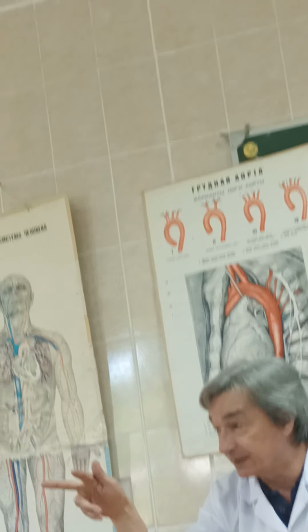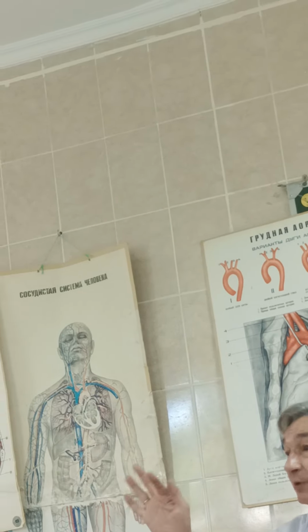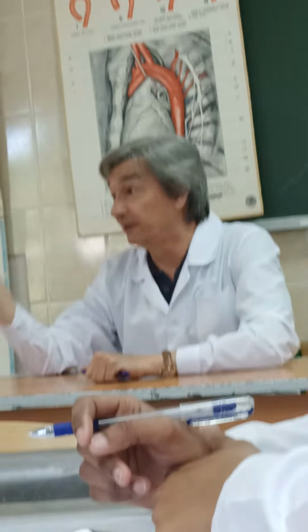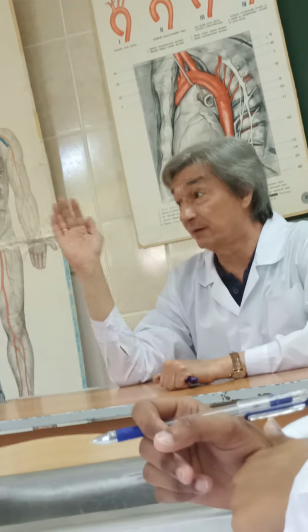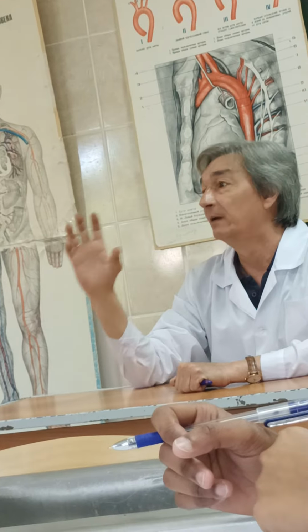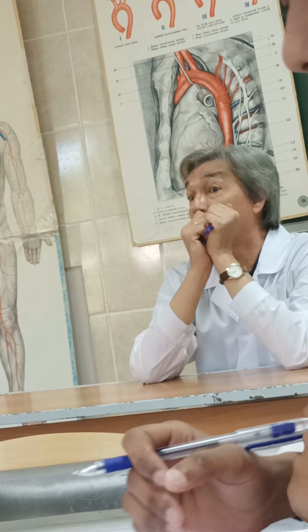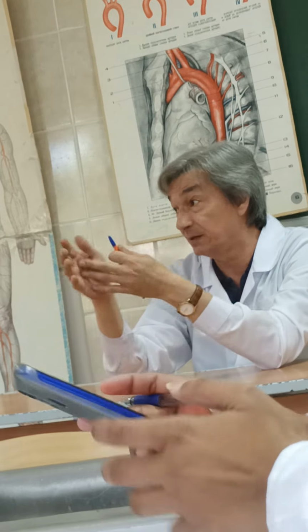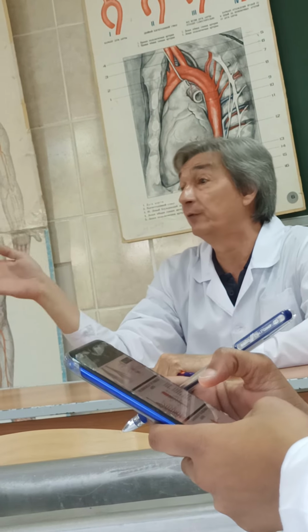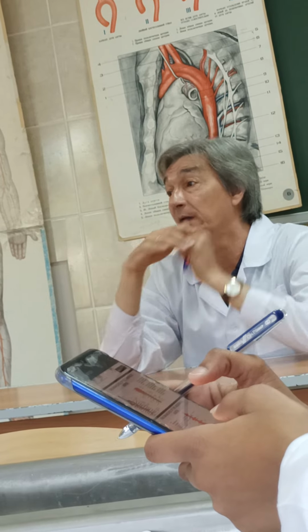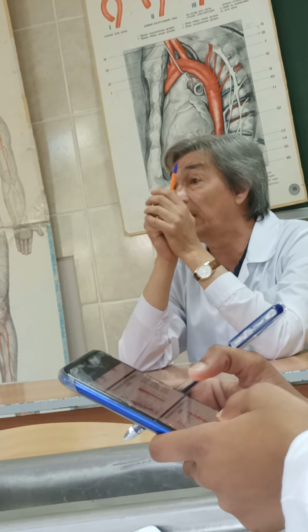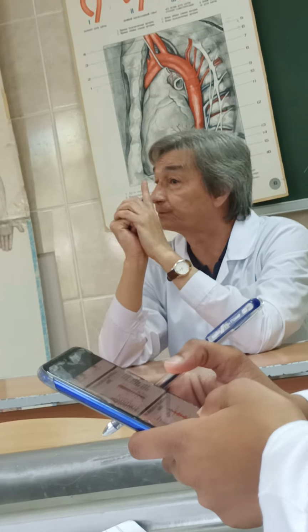And the first and the second intercostal spaces are supplied by the branches of subclavian and axillary arteries. From subclavian artery is costocervical trunk and superior thoracic artery from axillary. Sir, but in the PDF, there is written 12 pair of branches. There are 12, of course, intercostal spaces, 12 pairs of intercostal muscles there, and these arteries supply, what about